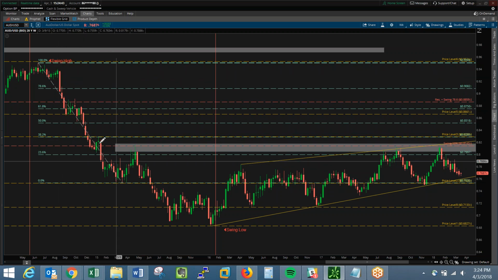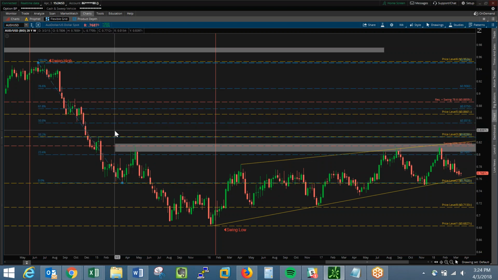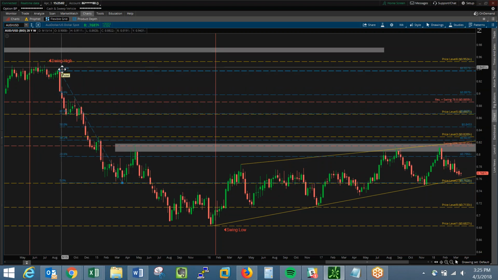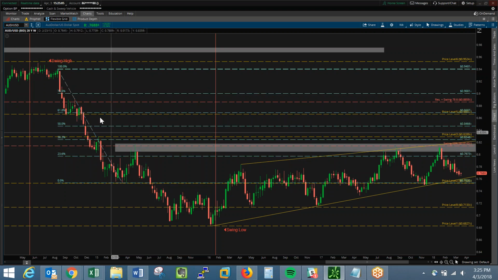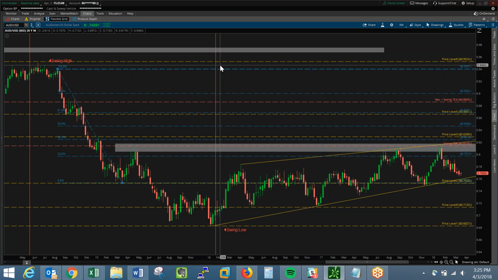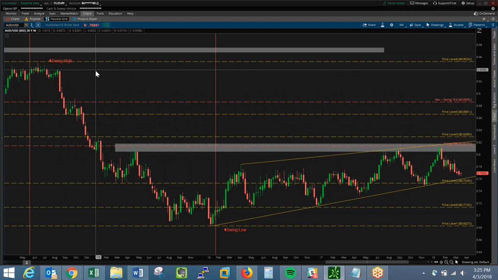Okay, so you've got that run down. Your 38.2 lines up nicely with some structure. That's okay to keep. Never really fills. So strong trending market, that's perfectly fine. Well, what if we were to change this high here? It gets a little bit closer. It doesn't quite fill either, but that's one other thing we'll get into, is how do I manipulate that swing high or that impulse high to be